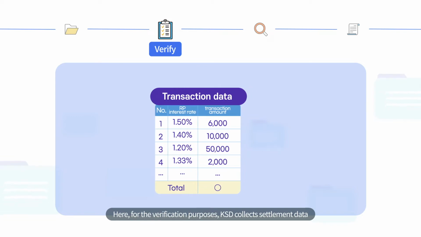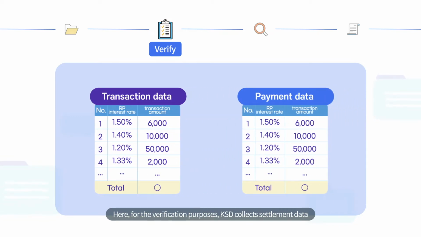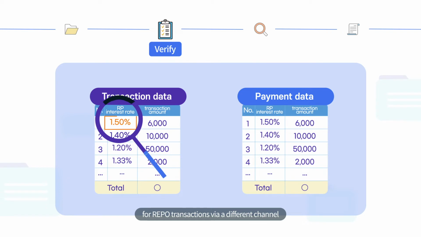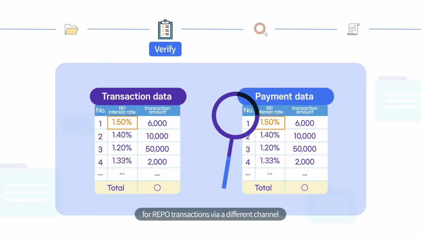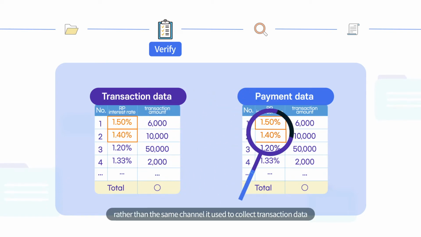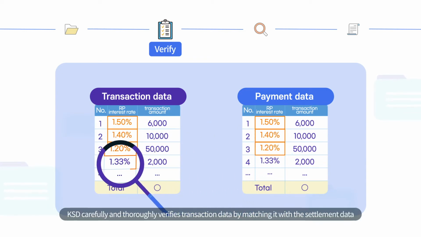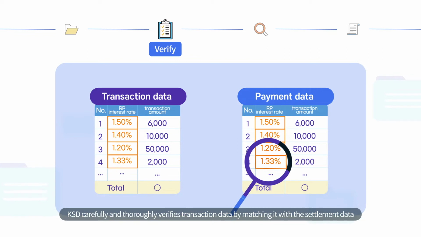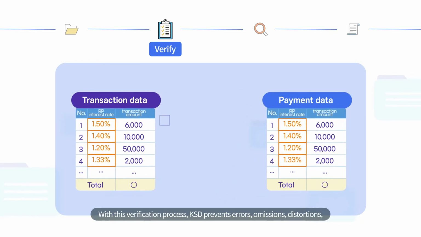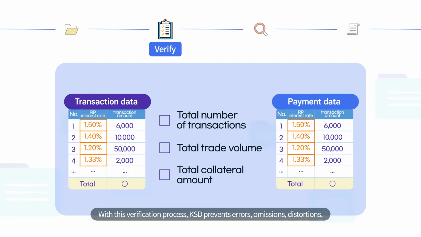Here, for the verification, KSD collects settlement data for repo transactions via a different channel rather than the same channel it used to collect transaction data. KSD carefully and thoroughly verifies transaction data by matching it with the settlement data. With this verification process, KSD prevents errors, omissions, distortions, and possible manipulation of transaction data before it starts calculating the